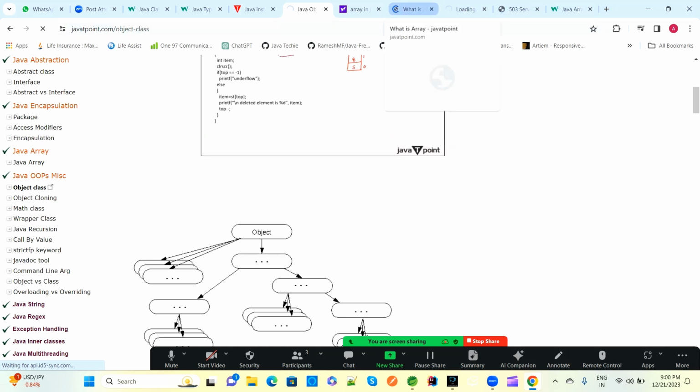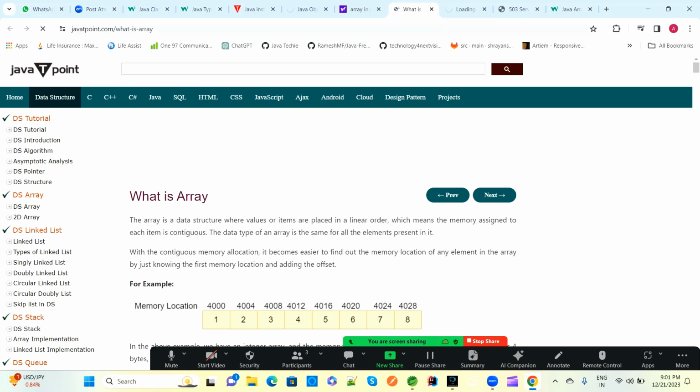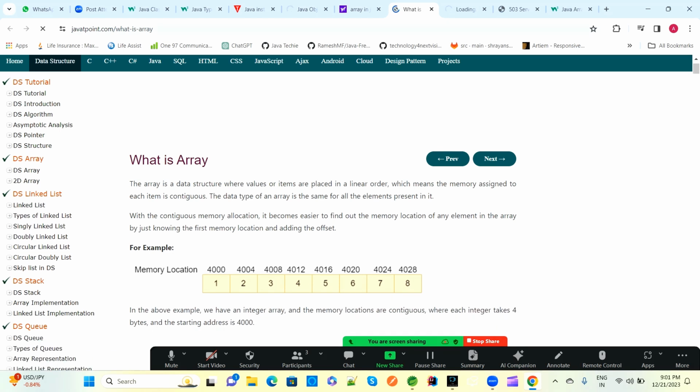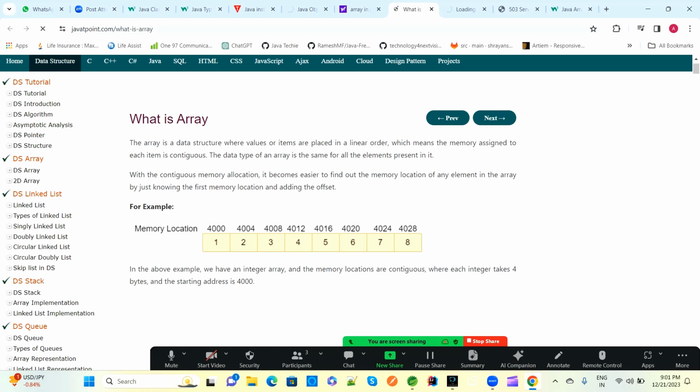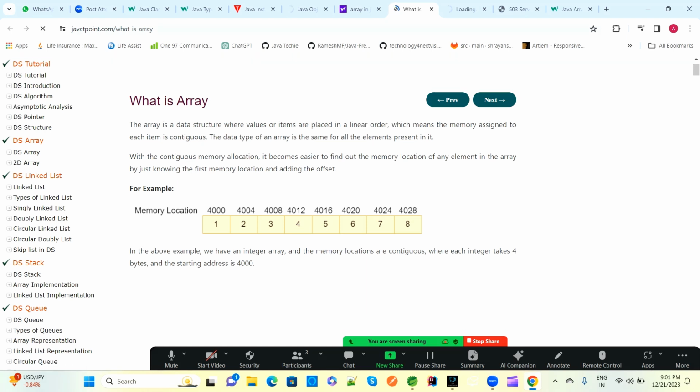So what is a Java array? In simple words, the array is a data structure in which values or items can be placed in a linear order, which means memory is assigned